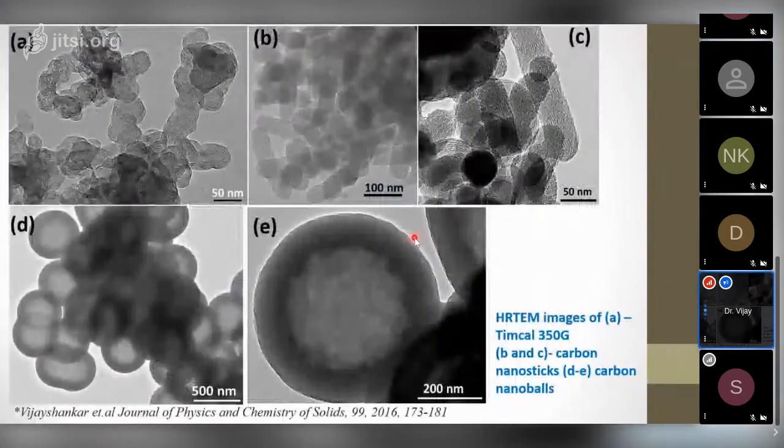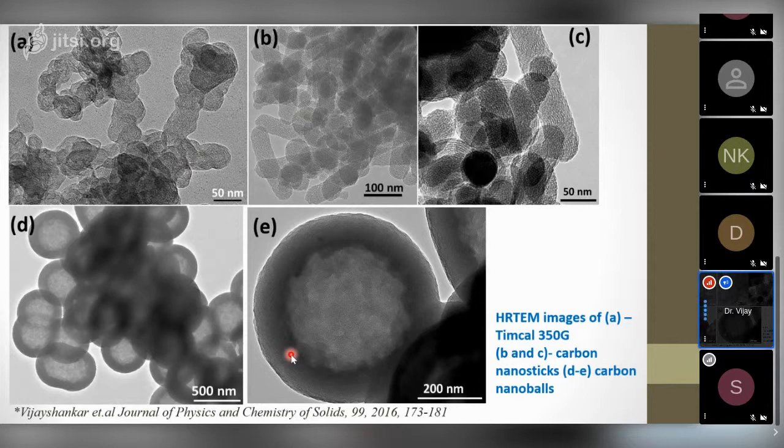So this is one of the phase transformations I did using microwave irradiation. The first one is amorphous carbon nanoparticles, which can be transformed into nanosticks, which are more amorphous, and nanoballs with different microwave irradiation treatments, maybe with different timings. So these nanoballs now become hybrid 3-dimensional structures. They can be decorated with metal particles or metal oxide particles. Even nanorods can be added with metal dopant later on. So it can be used in supercapacitors in later days.